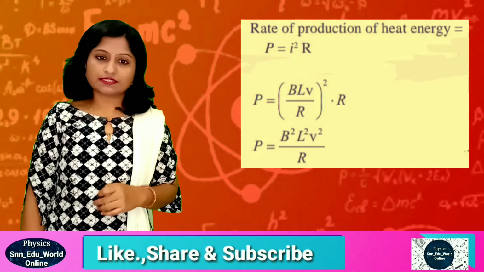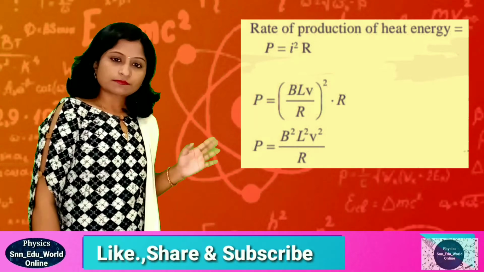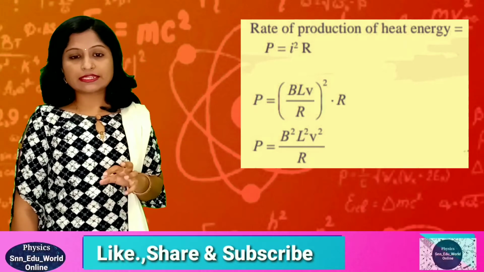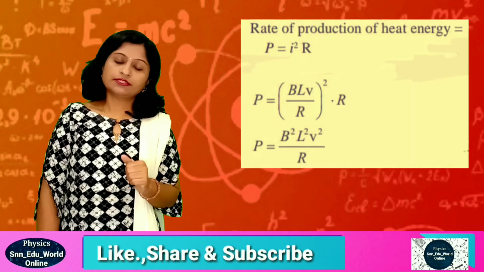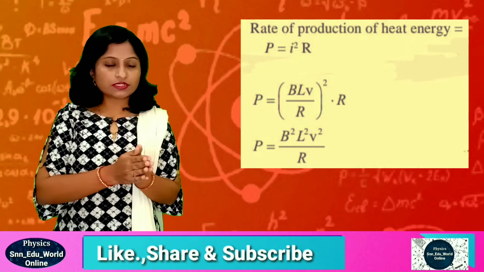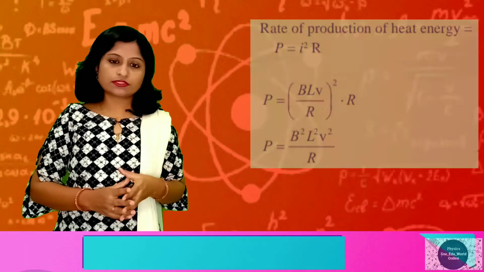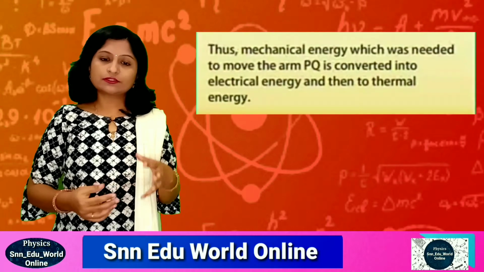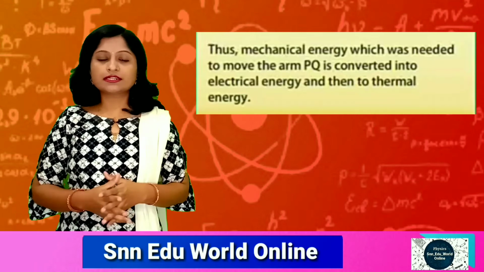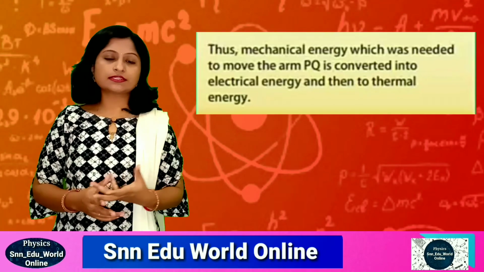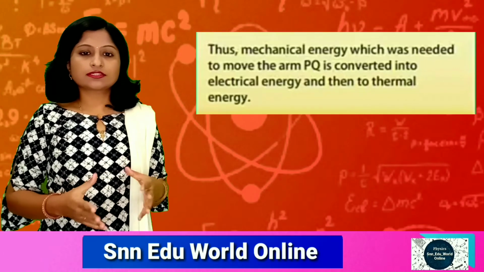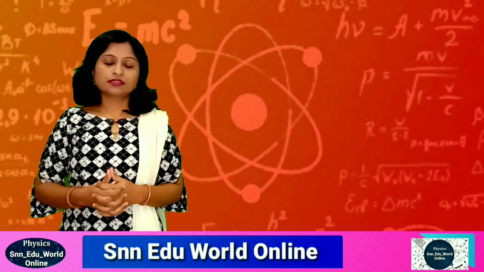This is heat energy. So the power during the heat and the previous power due to the mechanical force are both equal. That means by equation we can say that mechanical energy is converted first into electrical energy, hence EMF is developed and current is flowing, and due to that current heat is produced. Hence finally the mechanical energy is converted into heat energy. So this is the energy consideration in electromagnetic induction.